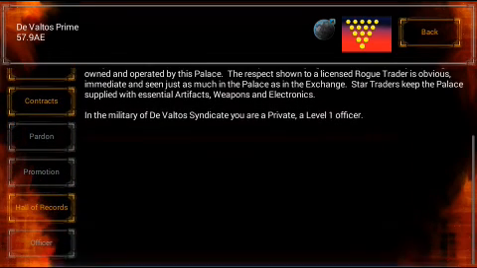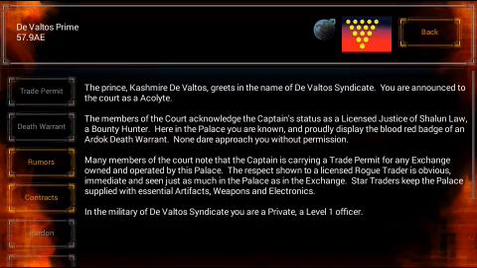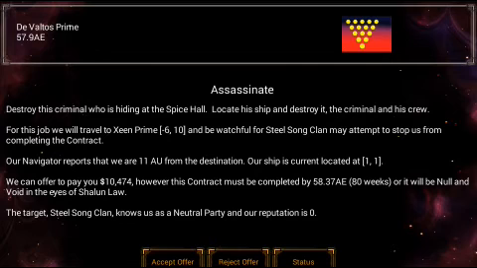Now, we are going to not do the Hall of Records or take advantage of rumors just yet. We're going to try our first contract and show here. And of course, the first contract is an assassination. Destroy this criminal who is hiding at the Spice Hall. Locate his ship and destroy it. The criminal and his crew. For this job, you will travel to Xene Prime,